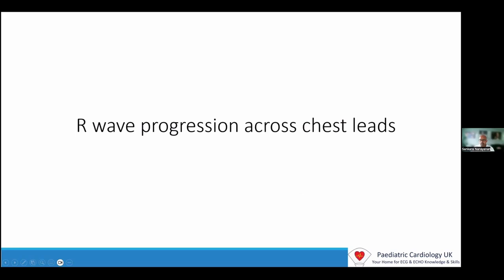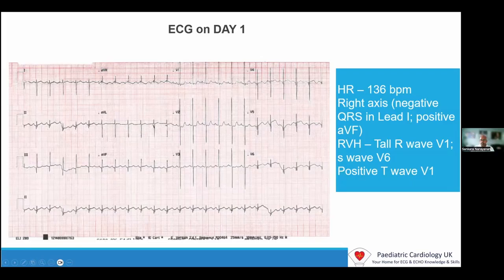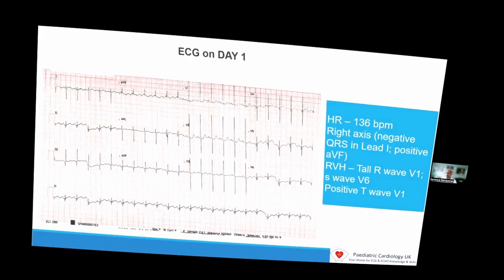Let's discuss the progression of R wave across the chest leads in a newborn. This ECG is from a day-old baby. Right ventricular dominance is the norm in the newborn, giving rise to a right